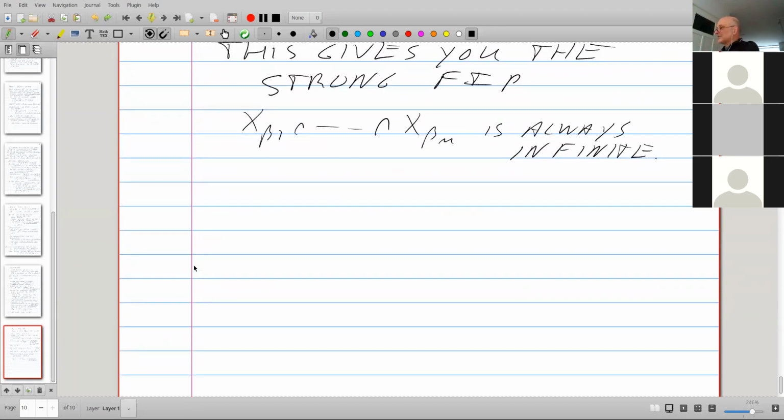Okay, what's next? Well, we need to talk about completeness because we were talking about filters, and we just saw that maybe infinite intersections of members of a filter are empty, but we can always demand, and here we go again.